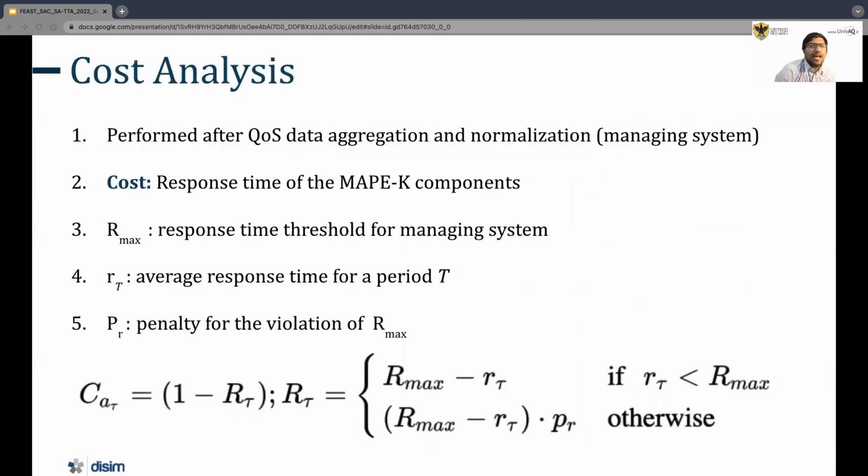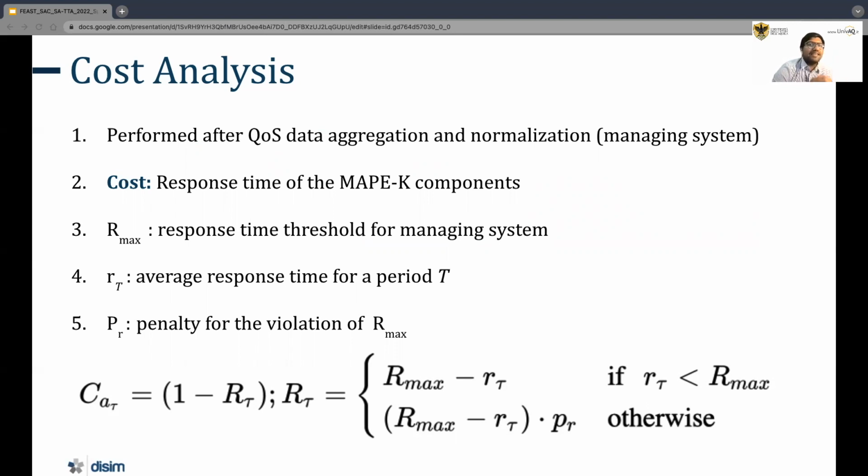This step allows the architect to analyze the total utility in terms of the cost incurred for the implementation of a given strategy. This cost can be the economic cost that has to be incurred for implementing a strategy, or in terms of the quality of service of the components. While CBAM uses a manual analysis, we use an automated approach using a cost utility function to calculate the overall cost. From the execution logs of the managing system, the quality of service data is generated. We perform an aggregation on it, and then the data is normalized.